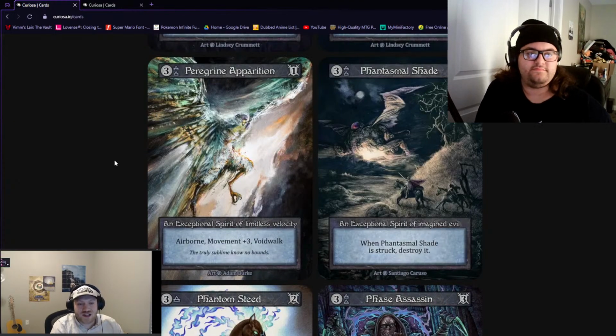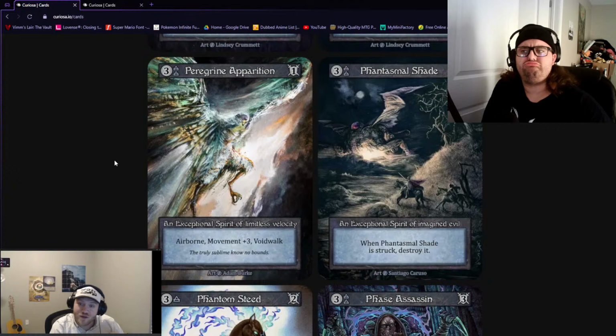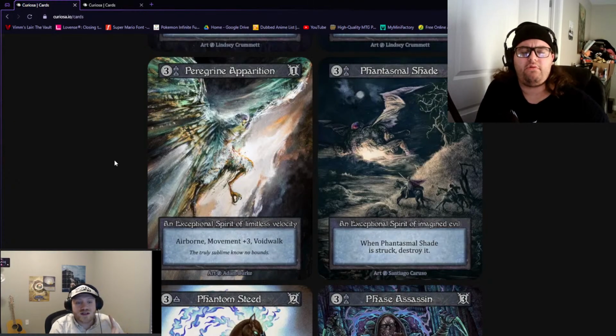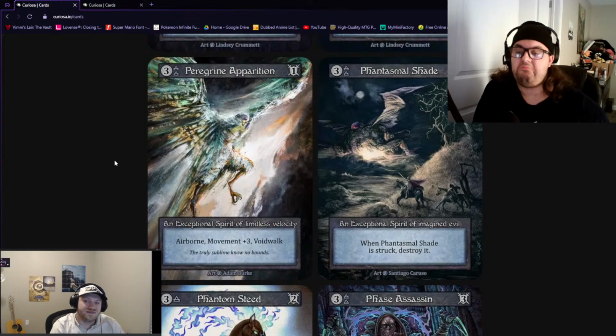This card can actually go everywhere because of Void Walk, except Airborne doesn't work in the Void, so you can't go diagonally in the Void. Airborne specifically only gains its effects if it's on the surface. But it can still basically go anywhere. And yeah, so, defensive card, I think